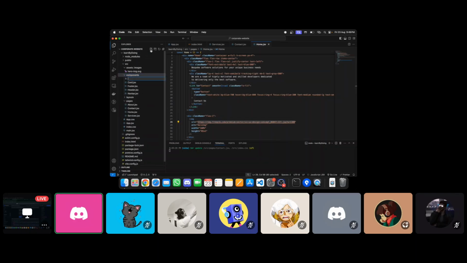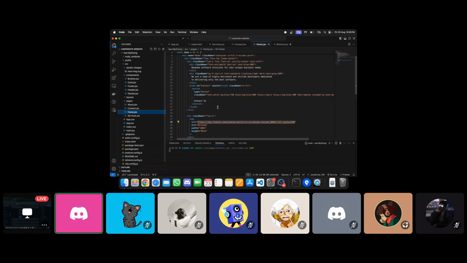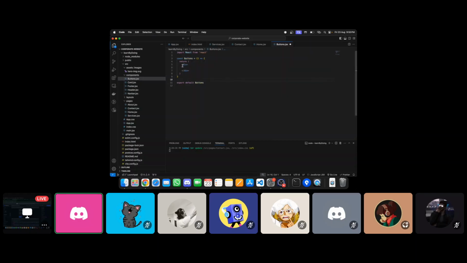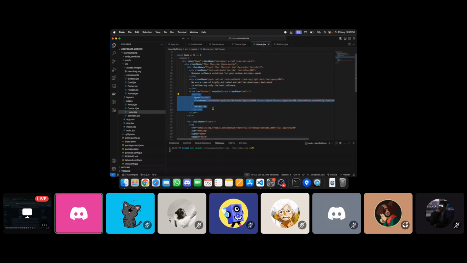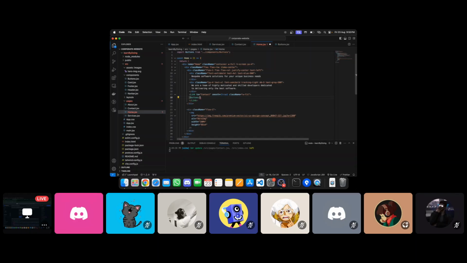Okay. So what we can do is create buttons.js. Okay. So over here, what we can do is copy this. Alright, then we can add a label for the button. This will be the label. Alright, so now we can call button instead. Alright, so the label will be